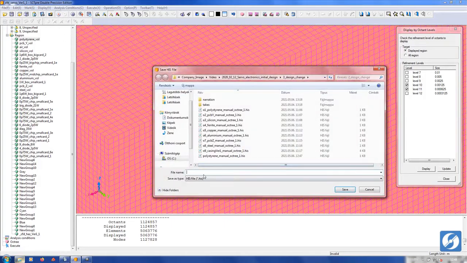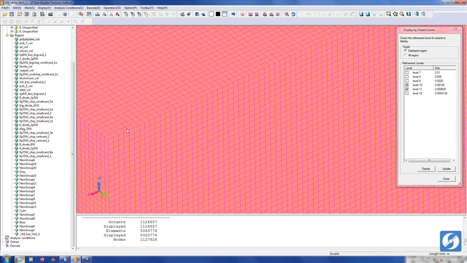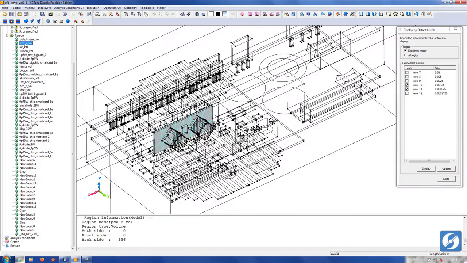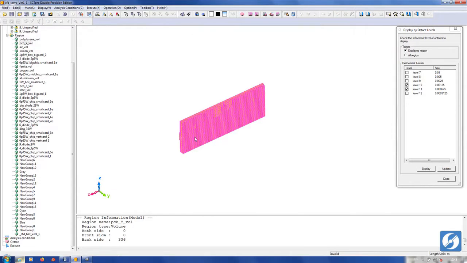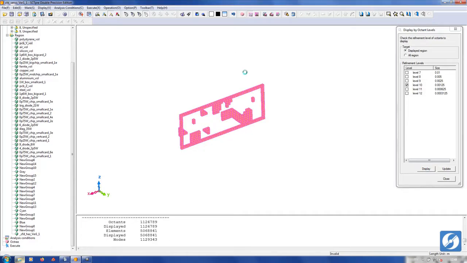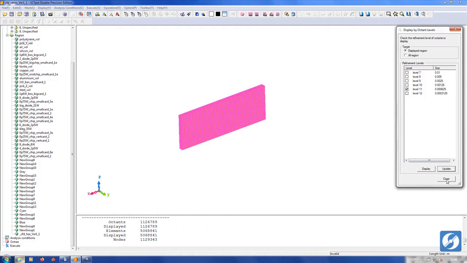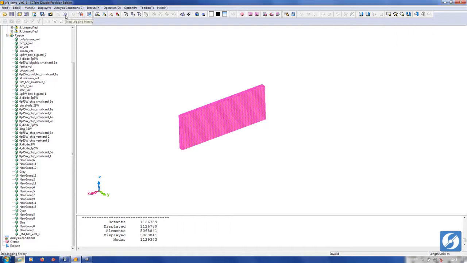I move on to the next volume group and record a log for each separately. This way I have a recording of the manual mesh refinement of each material group, or any named volume or surface region actually, which I can play back anytime I want. As the log contains mesh elements selected by the material group name, I can replay this log to refine mesh of any future design changes,